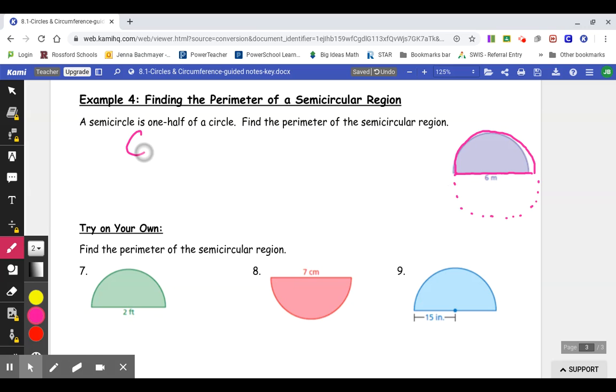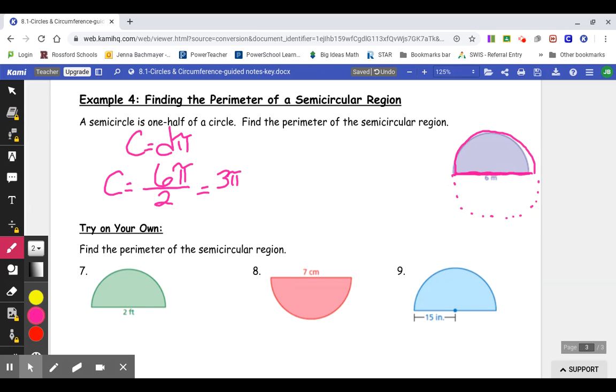So I know the circumference is diameter times pi. And remember, circumference is just the perimeter of a circle. So in this case, my diameter would be the distance across even the half circle. So my diameter is 6. So I'm going to have 6 times pi, but I don't have a full circle. I have half of a circle, so I'm going to divide by 2. Okay, so in this case, I would get 3 pi. Okay, and 3 pi